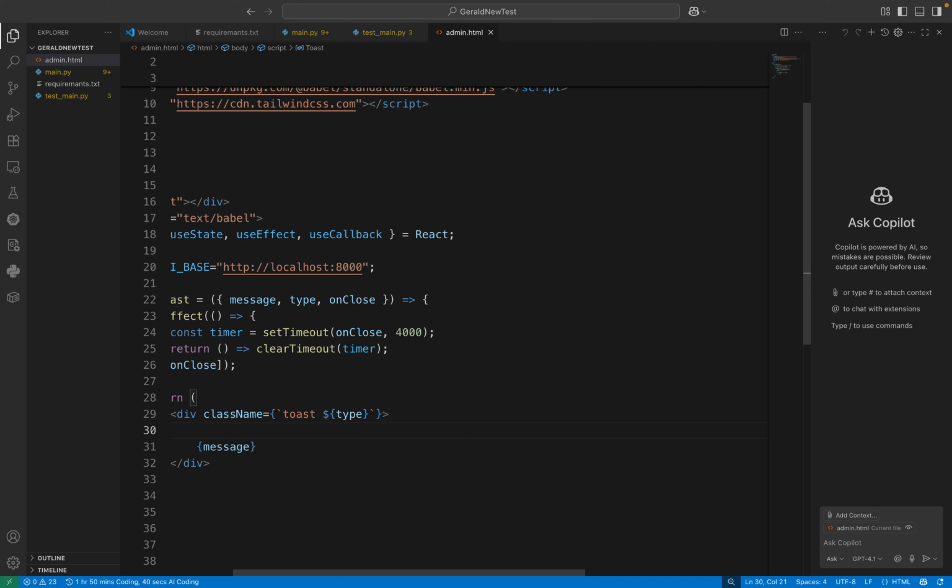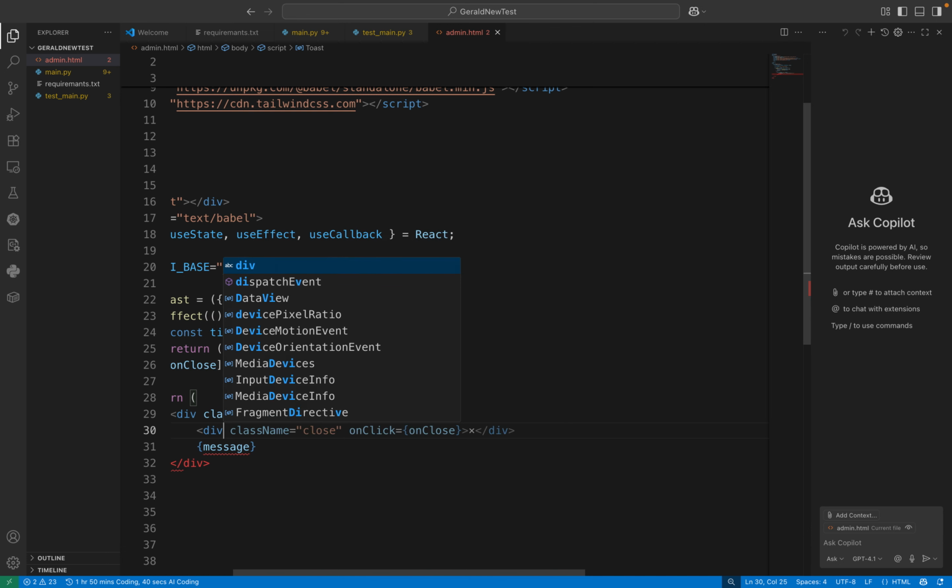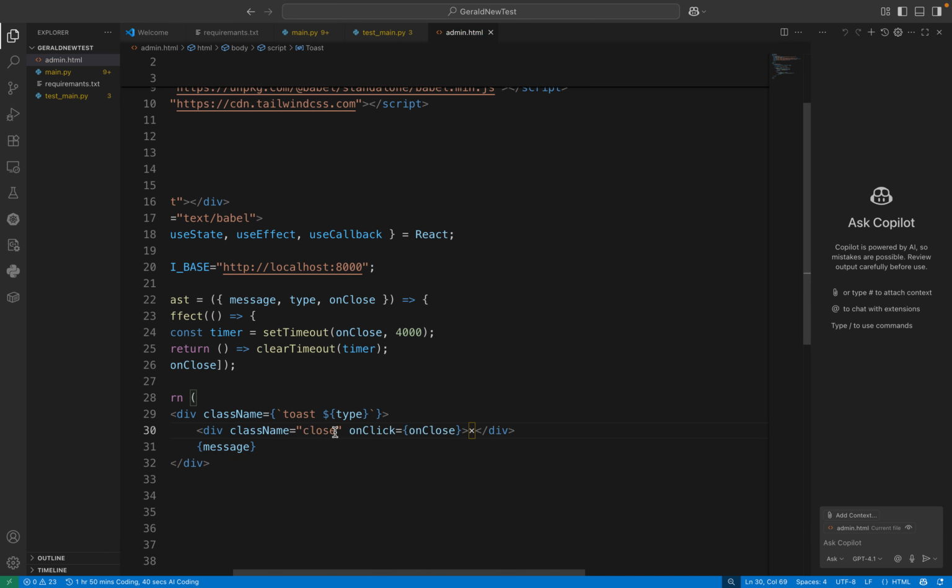From there, we can proceed. From there, we can set up another div with a class name. Okay, let's see. Div class name, not close this time. Let's just flex the items, then justify between, flex item. Let's just center the items, center, okay,